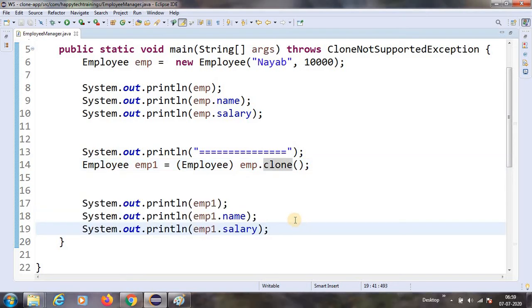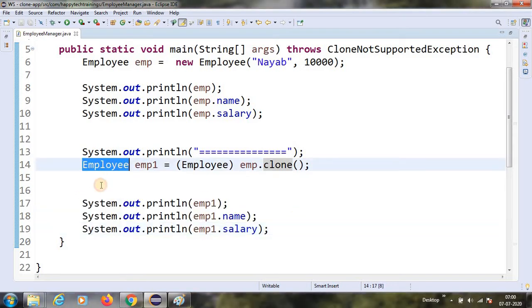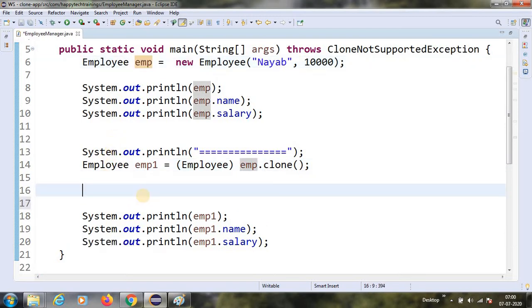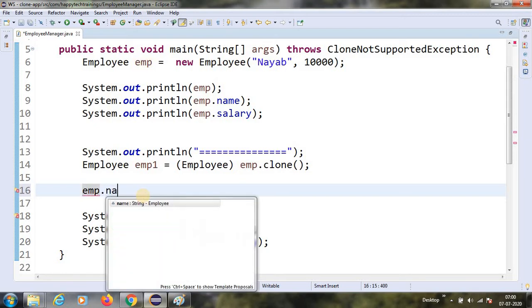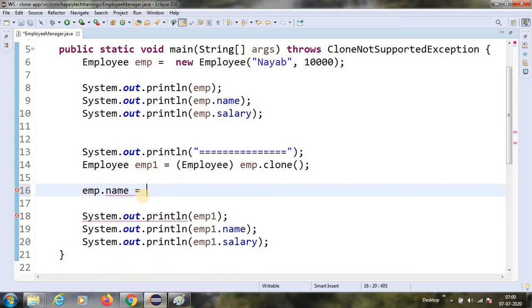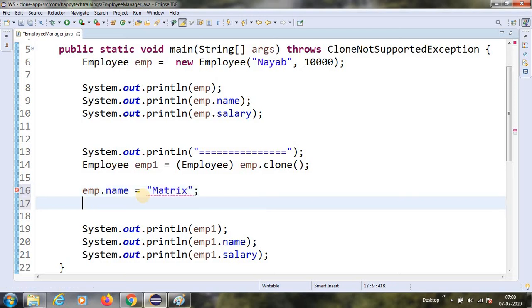Right, guys. Now after cloning, let us change the employee object. How can we change it? emp.name. I'm assigning a new name, matrix, as the name, and now we can print it. Changed name.